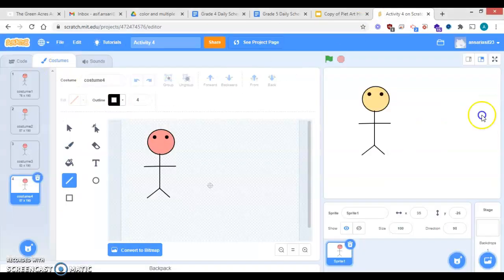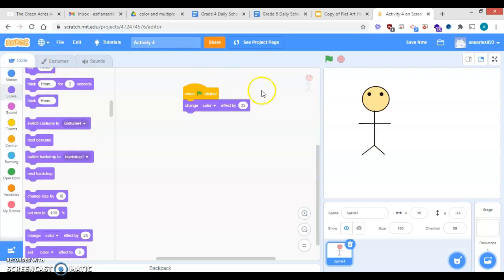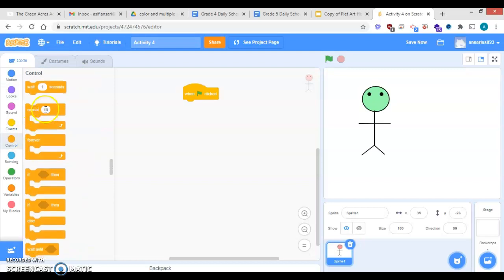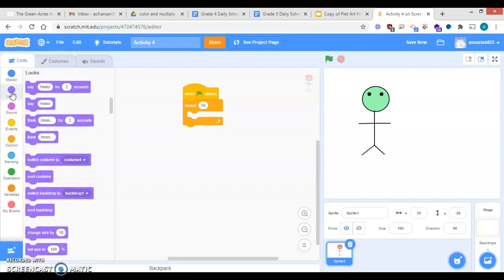So this is the sprite we have drawn. I will come to the code part. What I will be doing over here, I will be just removing this and coming to control. The first thing that I'm doing is taking the repeat block. Remember, the repeat block is there in control. I require to change the looks. So in order to change the looks, I will be just selecting